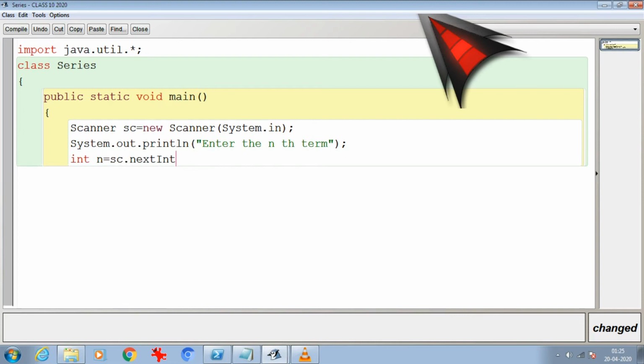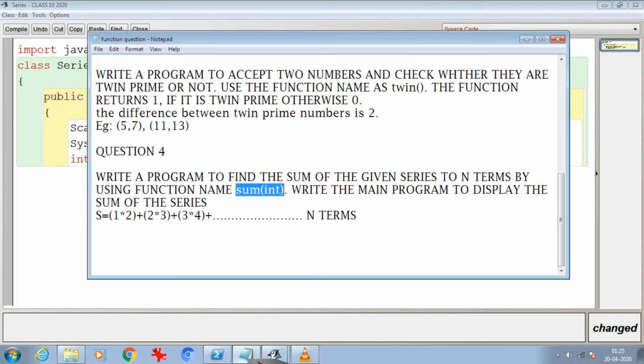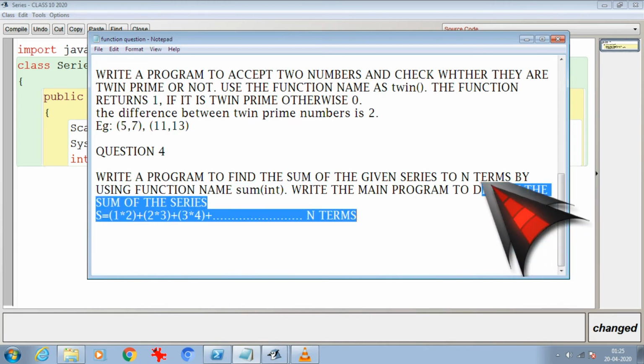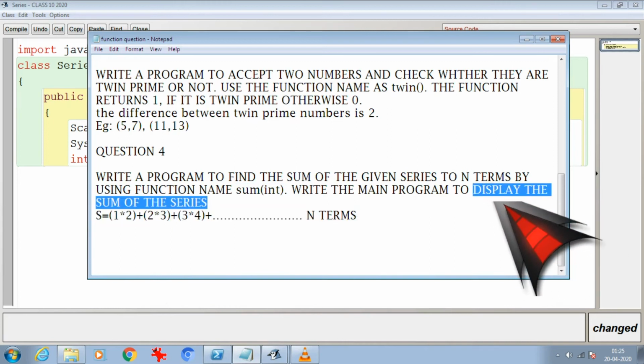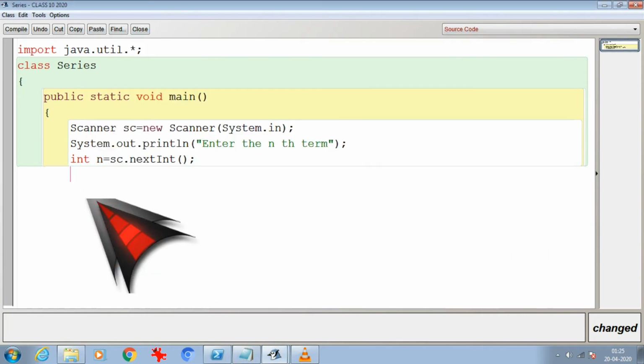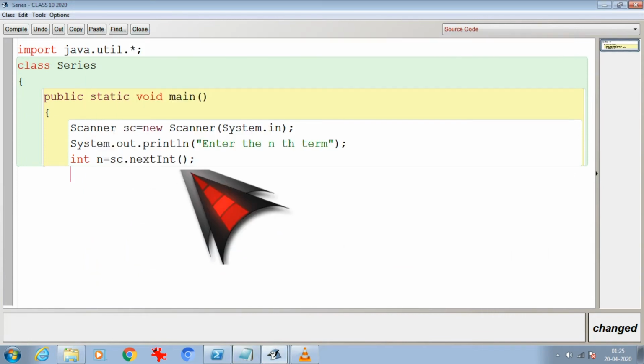Fine. Now I have to call the function and I have to show the result. So let me see what result it is showing. It is displaying the sum of the series. There is nothing I need to validate, like if it is 1 then it is a prime number, 0 then it is false, nothing like that, only just to print the result. So I don't need an if statement over here. What I need is to just call the function to print the series.